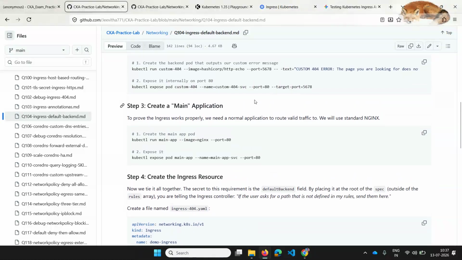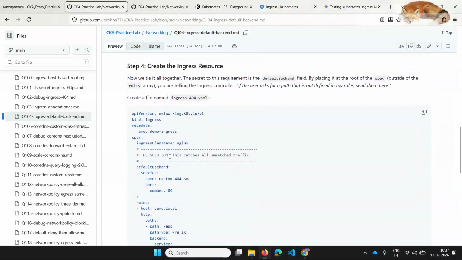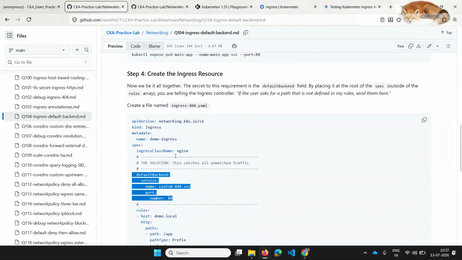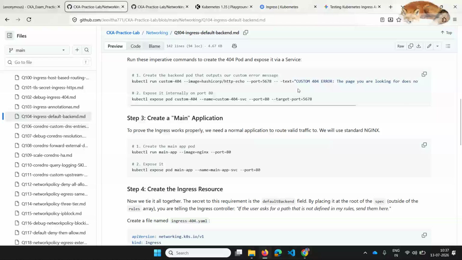So we need to use a target port in the default backend. The particular port 80 is there, and that port we will place here, but in actuality the target port denotes the port number on which the pod is running. To avoid errors or issues, you mention the target port.